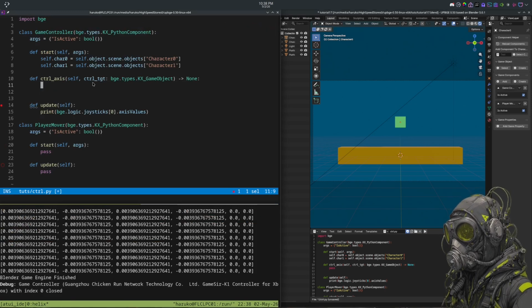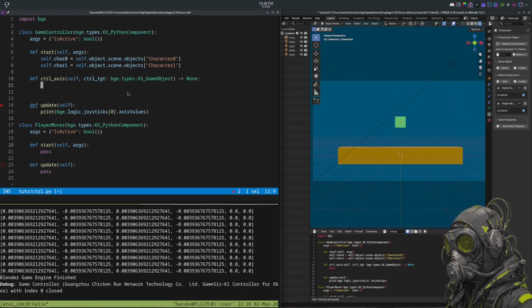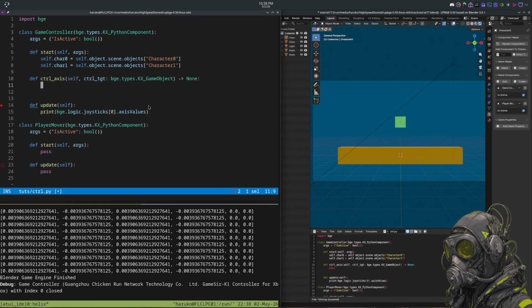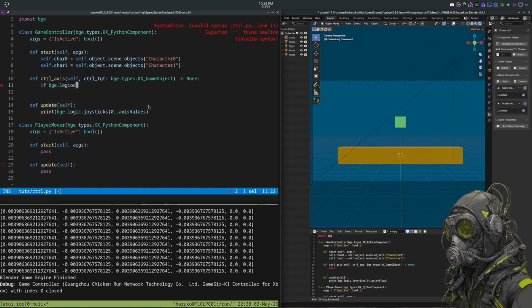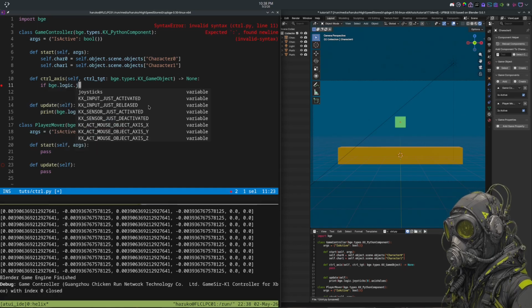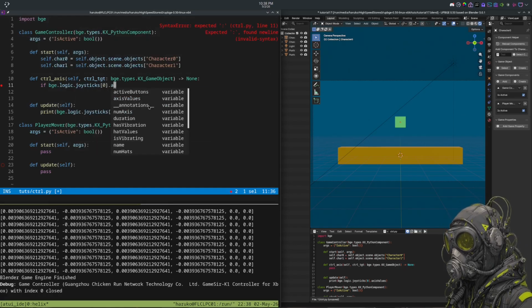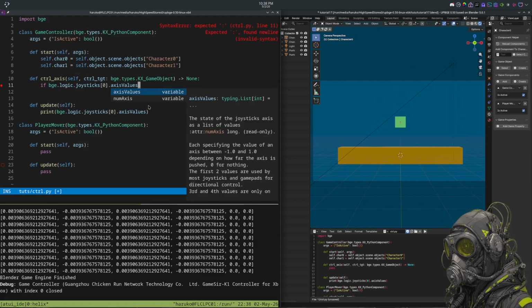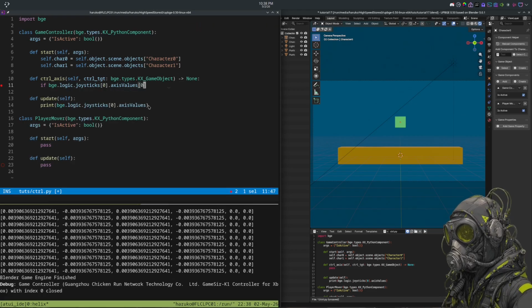And what we're going to do is property injection to our control target. So, if bge.logic.joysticks[0].axisValues[0]